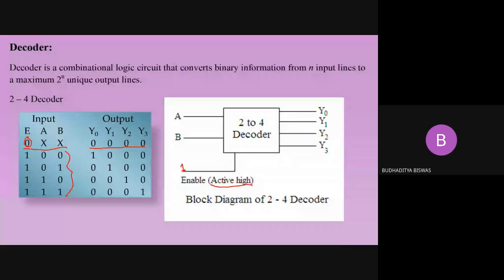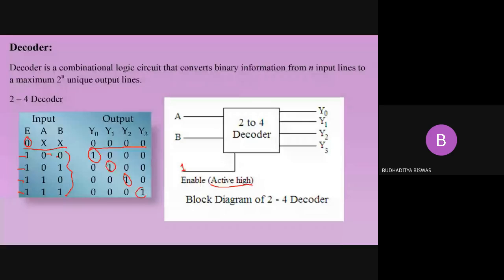Now come to this one. In these remaining 4 rows, you see the enable inputs are 1. So that means the decoder is enabled. So when the decoder is enabled, according to some logic, the decoder will work and it produces the output. How? If the inputs are 0, 0, you see the second row, then Y0 should be high. Similarly, if the inputs are 0, 1, then Y1 should be high. If the inputs are 1, 0, then Y2 will be high. And at last, if the inputs are 1, 1, then Y3 will be high.